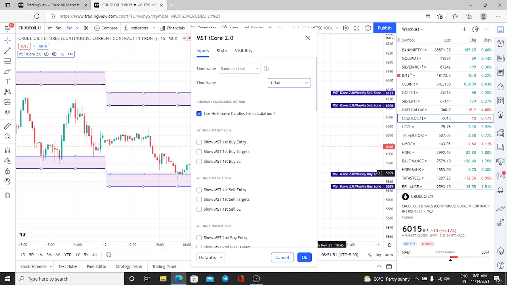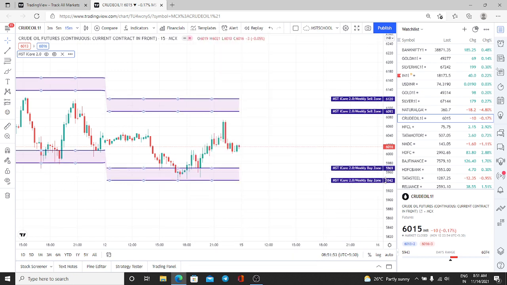So now suppose I have taken the buy entry here at 5969, and what would be my stop loss? My stop loss will be on the closing basis of this value. 5942 will be my stop loss, but on the closing basis. Sometimes the price will just come and hit our stop loss and go. See here, only the wick has come down, but it is not actually a sell hit. It has to close below that line.